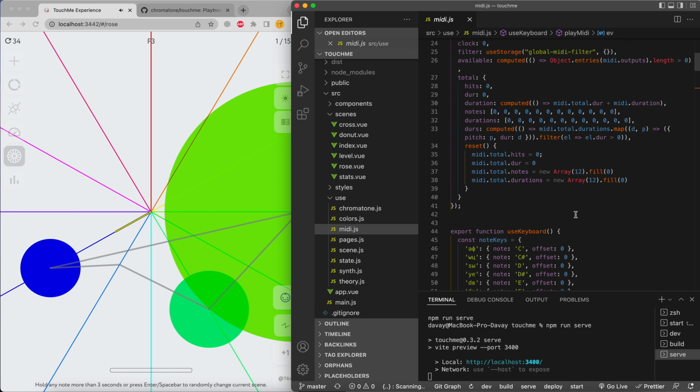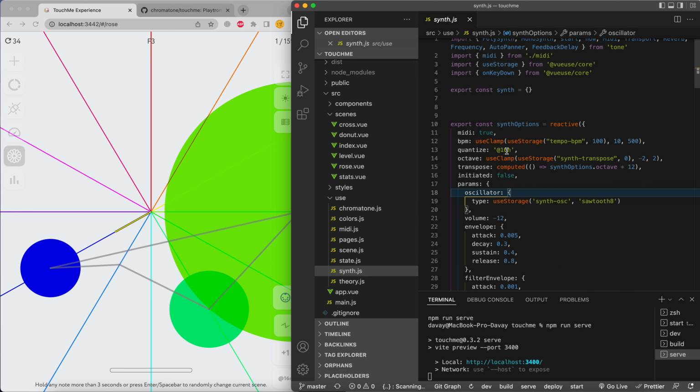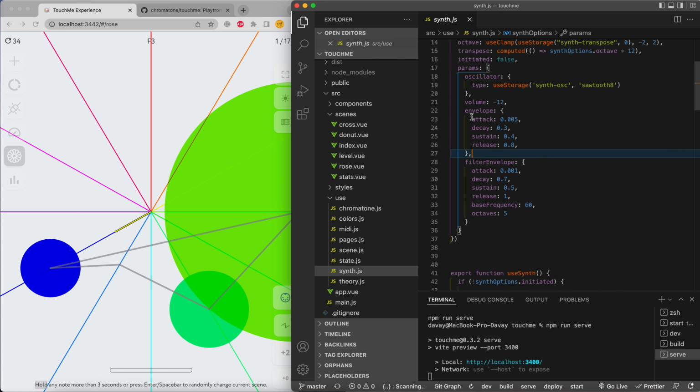There is much to explore, and also the synth is quite configurable, and yeah, we have the controls to change the waveform and the octave offset and the quantize, but there is much more to change and to play with,